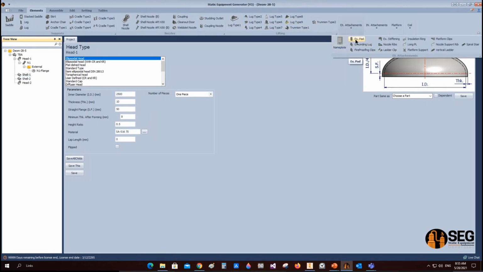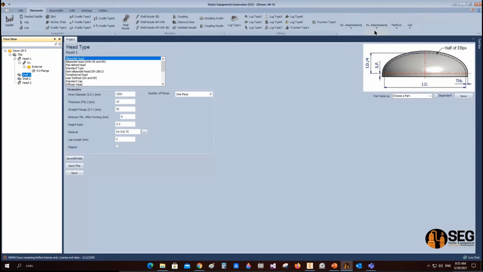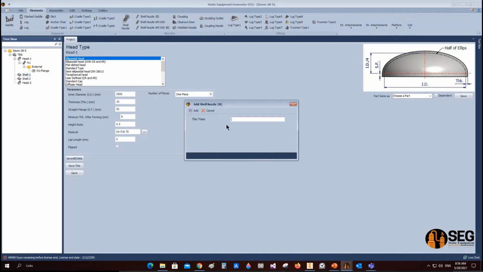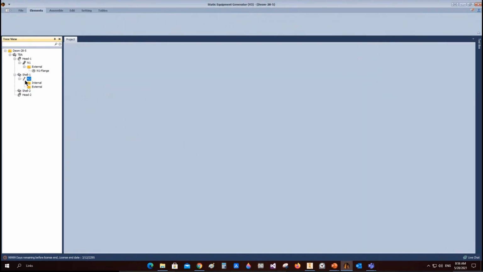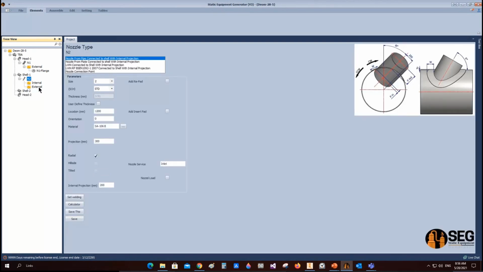So from here we will select shell nozzle, and let's add a nozzle 2. For nozzle 2 with internal projection, you can see that we have external and internal attachment. So in this type of nozzle, let's select the nozzle as a long weld neck connected with internal projection, or let's select a nozzle from a pipe or a nozzle as a connection nozzle. So you have many different options for the nozzle with internal projection. So let's select a nozzle from pipe, and let's select it as